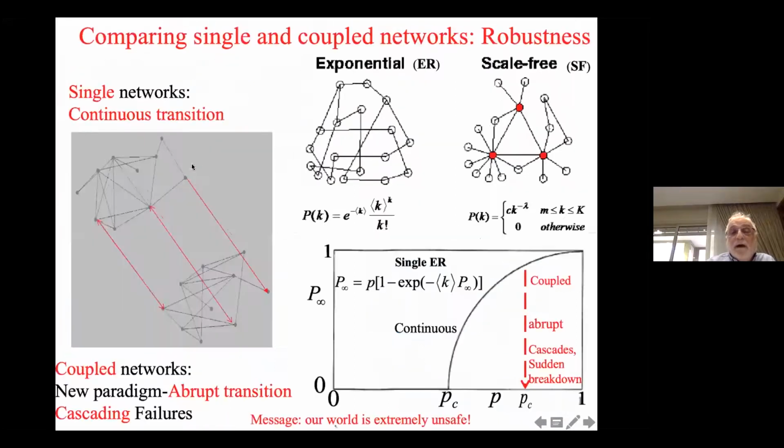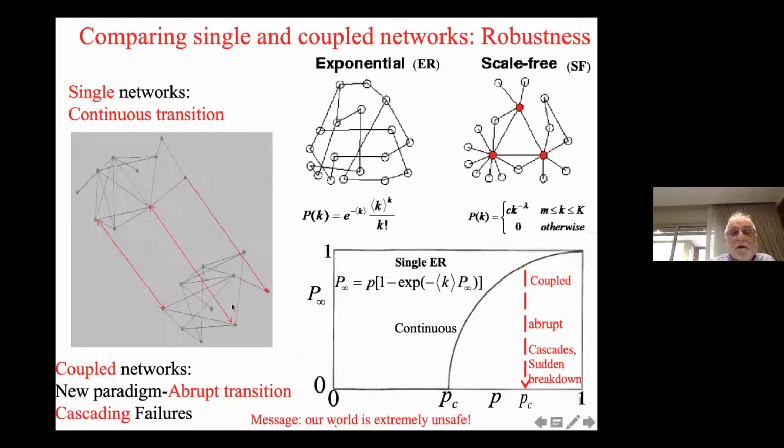However, instead of having the continuous transition, now I look at this system. If I have interdependent networks that depend on each other, here you see two Erdős-Rényi networks connected by red links. It means that if this node fails, this node also fails. You see, this is one directional dependency, and the vice versa doesn't work. But here it's both directions. But it doesn't matter, even if it's one direction or two directions, you have a new phenomenon